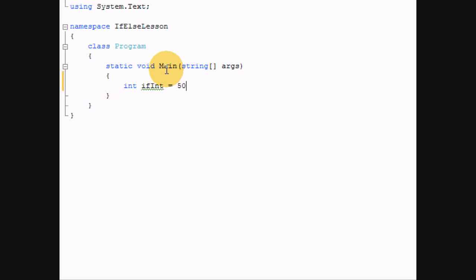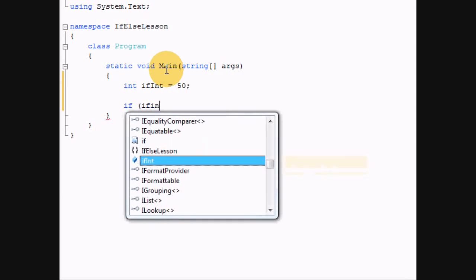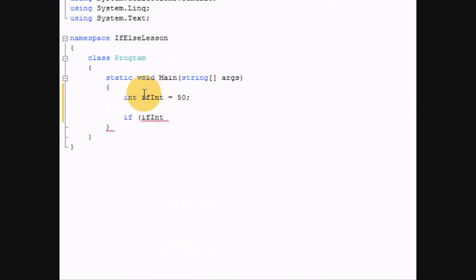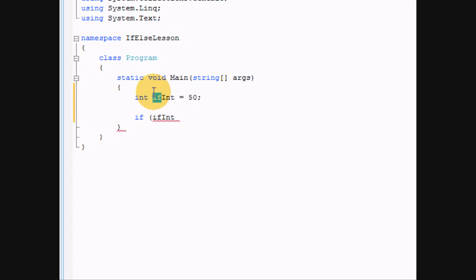Let's do 50, high number. Now, no, in fact, let's change that. That might be a little confusing. Let's change that to my int. So it's not if int. If my int